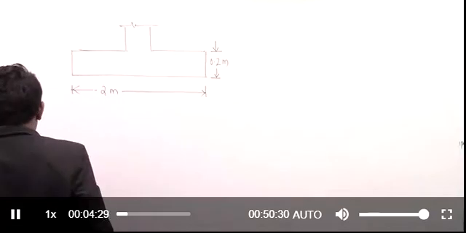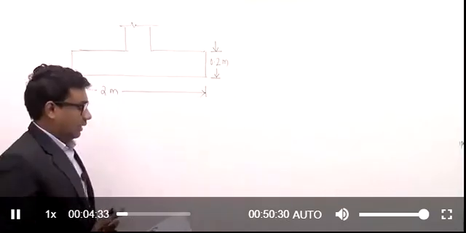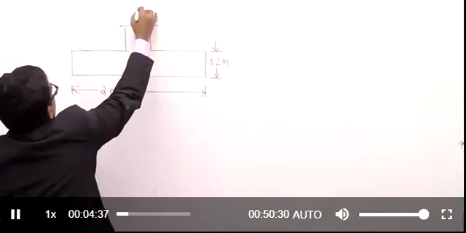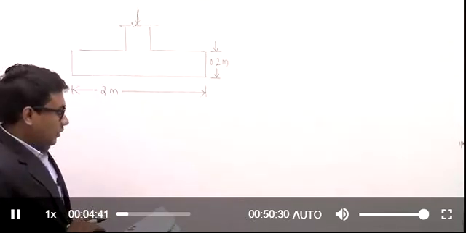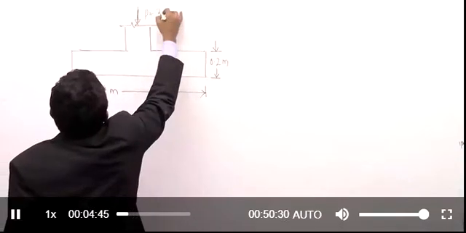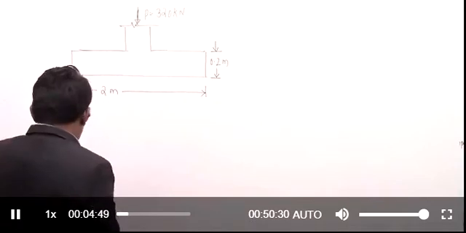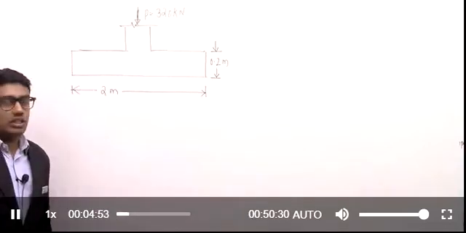And the line of action of the load passes through the centroid of the footing as well as the column. That means the line of action is acting exactly through the center of the footing. There is no eccentricity there, right? So the magnitude of the load acting on the column is also given, that is 320 kilonewton. And we are asked to find the nominal transverse shear stress, that is the one-way shear stress.